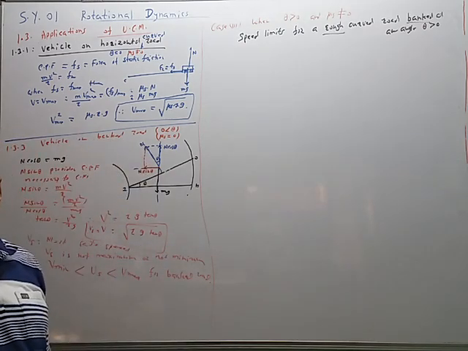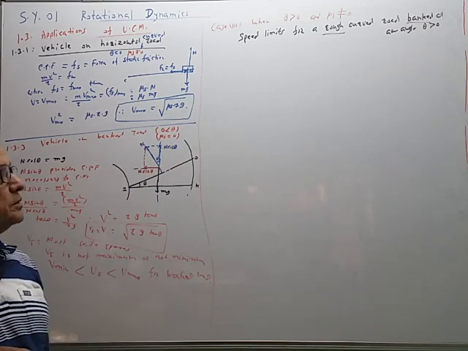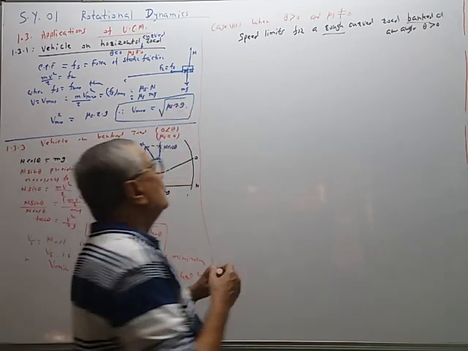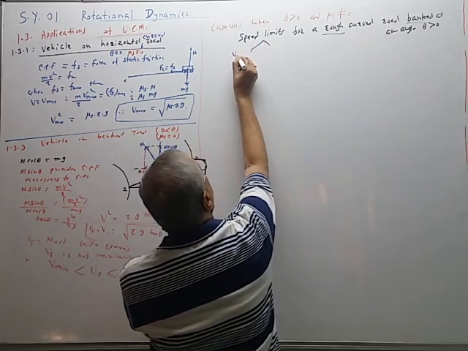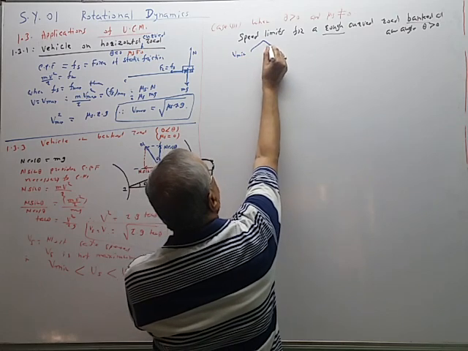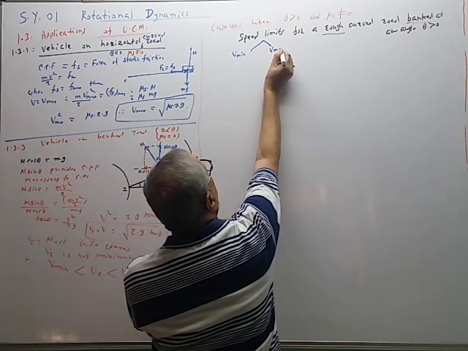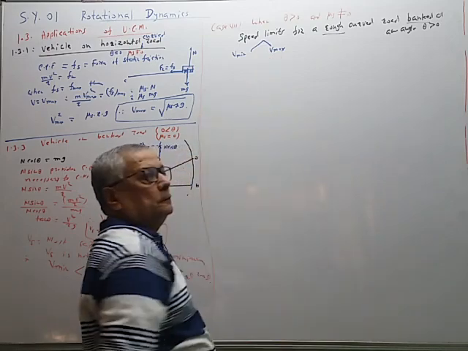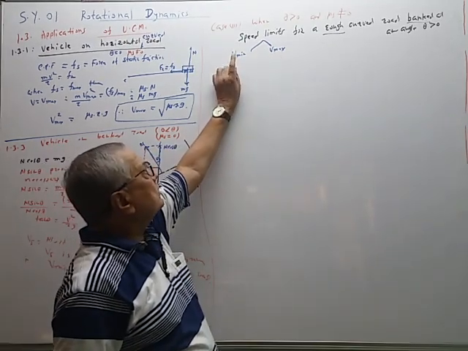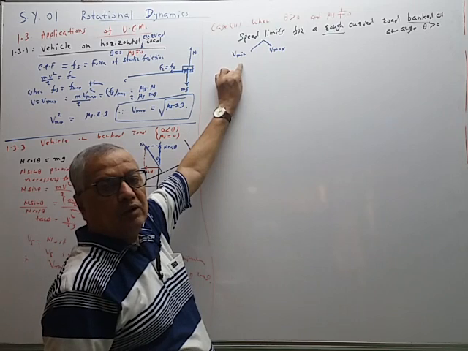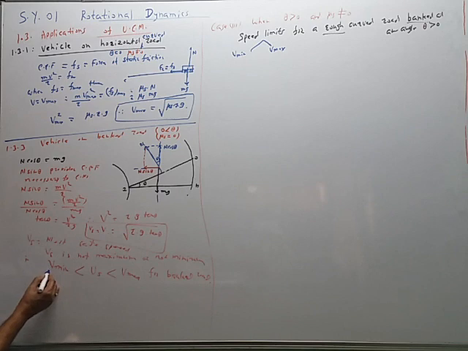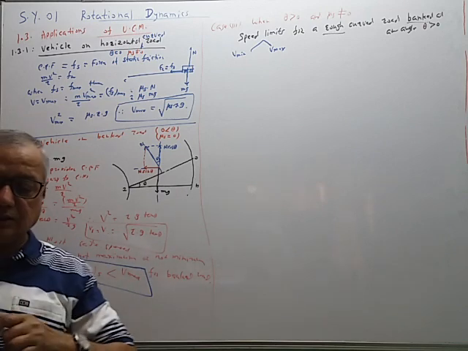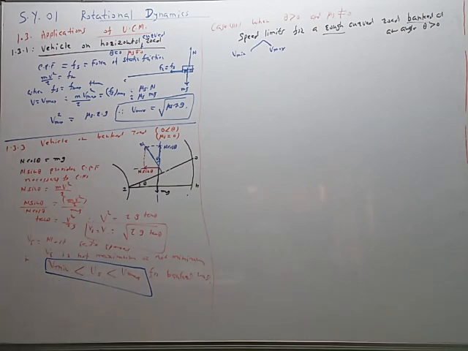So first we will see the minimum speed limit. There are again two cases, speed limits: V minimum, and second one is V maximum. So first we are going to consider this case. What is the minimum speed limit? It will be less than this one. Like this. So let us see this case.